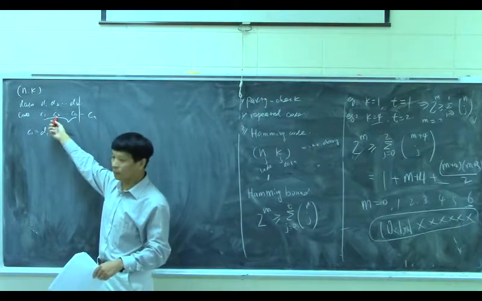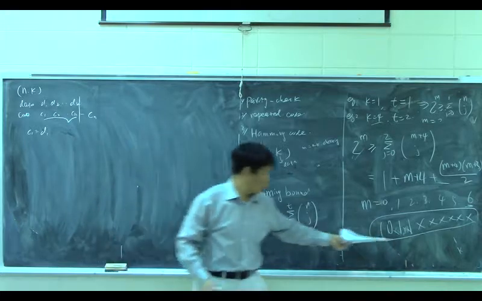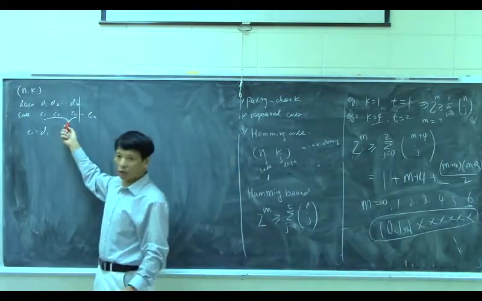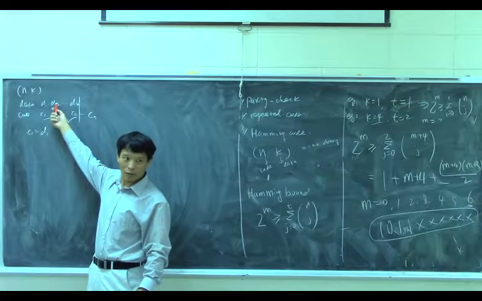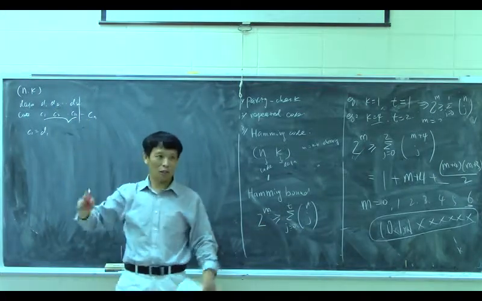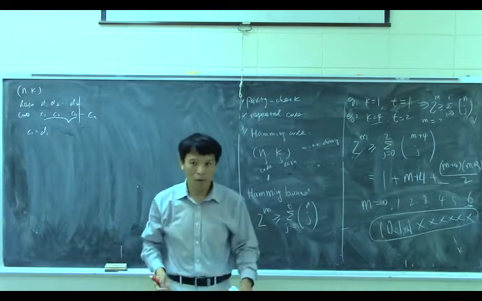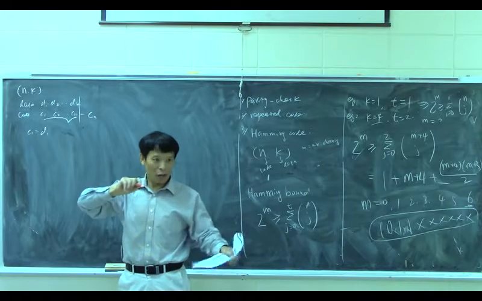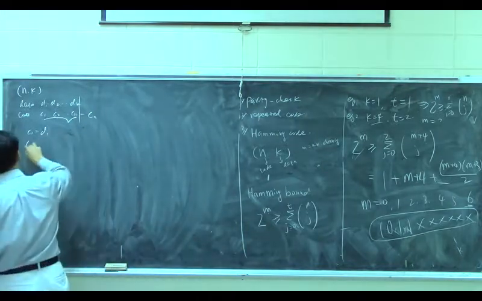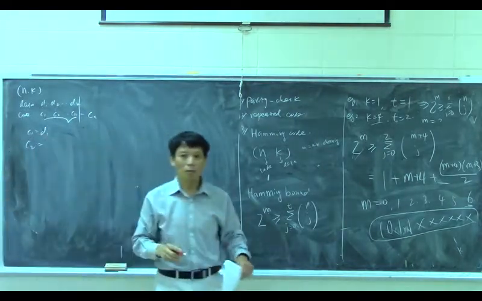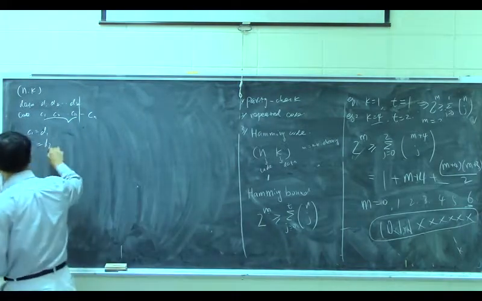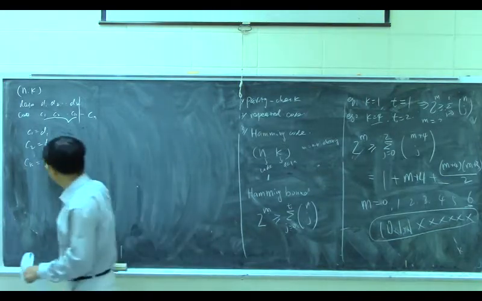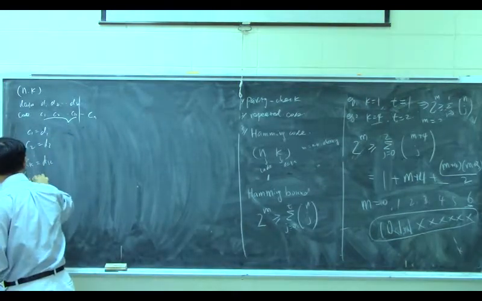The Hamming code. The easiest, most straightforward way: the first part of the code, you just copy the data. Then the second part, you are going to use the checking code. So C1 equals D1. I will ask somebody. C2 equals what? D2. And so on. CK equals DK. And CK plus 1 equals